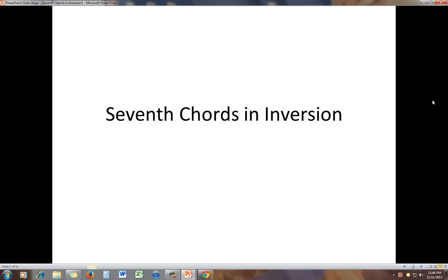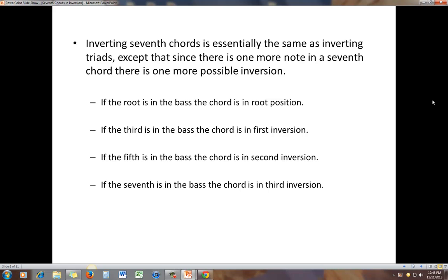In this video we are going to discuss how to invert seventh chords. Inverting seventh chords is pretty much the same as inverting triads. The same rules apply. The only difference is because a seventh chord has one additional note, there's one additional possible inversion. So if the root is in the bass, you have a root position seventh chord,